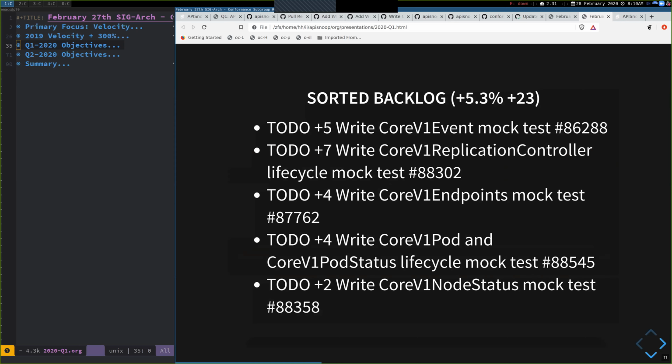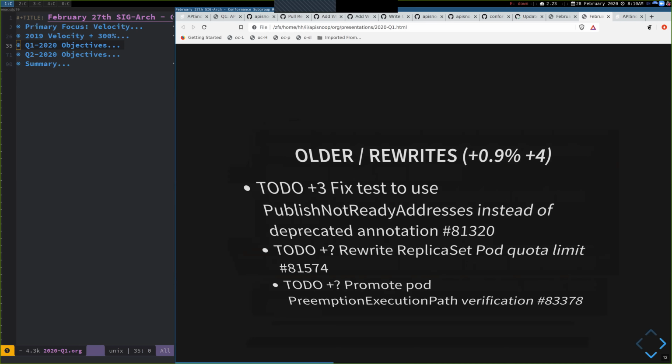We have a sorted backlog, and all of this backlog has been reviewed for the mock test that says, is this endpoint something we want to have in conformance? Is this the right documentation? Is this mock test that we've written exercise it correctly? So we're pre-validating all the work, and that workflow has led to a really good increase.